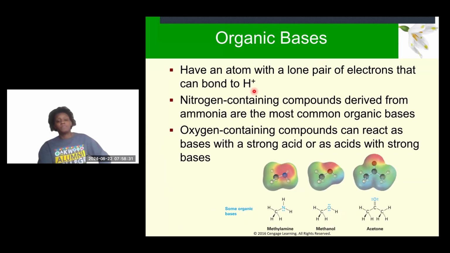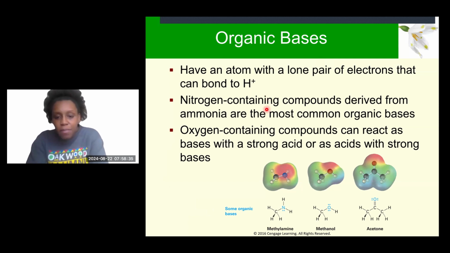All right, so organic bases. Organic bases have an atom with a lone pair of electrons that can be bonded to a proton. Nitrogen-containing compounds derived from ammonia are the most common organic bases. So when you have an ammonia derivative, this is called an amine. When you have an amine group, which is an NH2 bonded to a carbon,